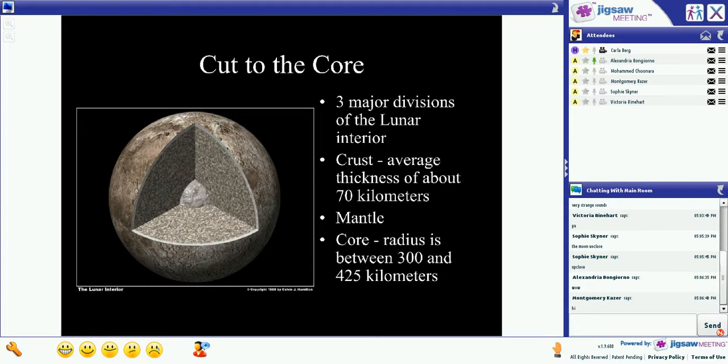Cut to the core. Number 1, three major divisions of the lunar interior. Number 2, crust, average thickness of about 70 kilometers. Next, number 3 is mantle. And number 4, core, radius is